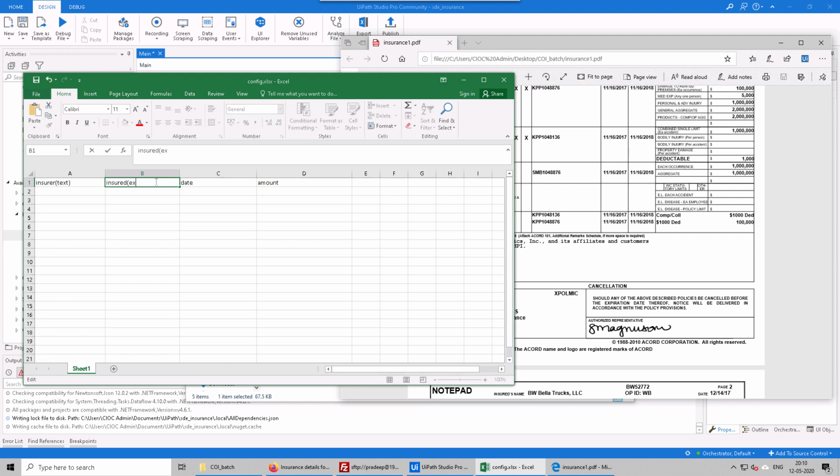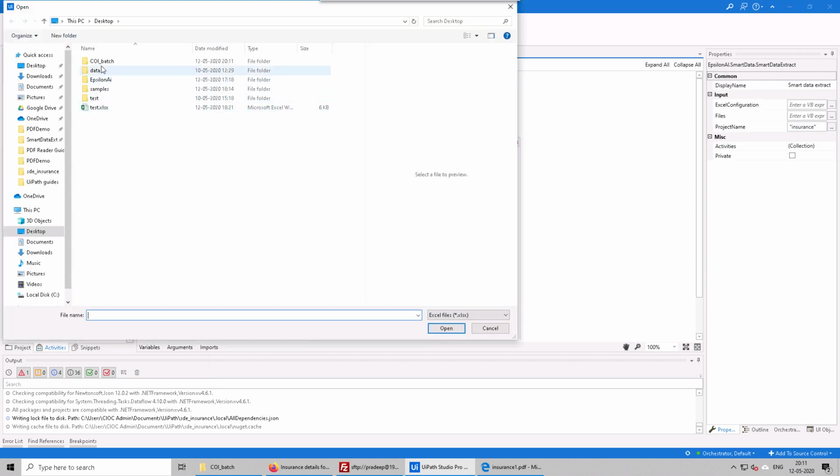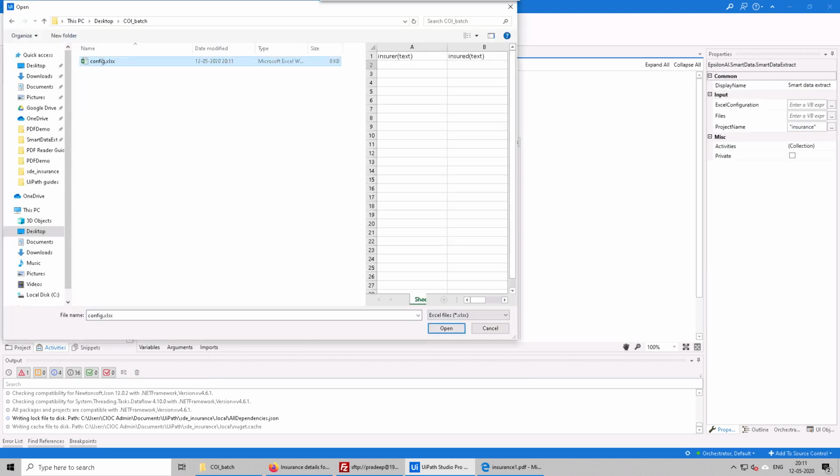This is also a text. Date is a date, and amount, for now let's use text. So we are done with the configuration file. Just save it and close it. And this is what we have to select in the second parameter. So let's select that.